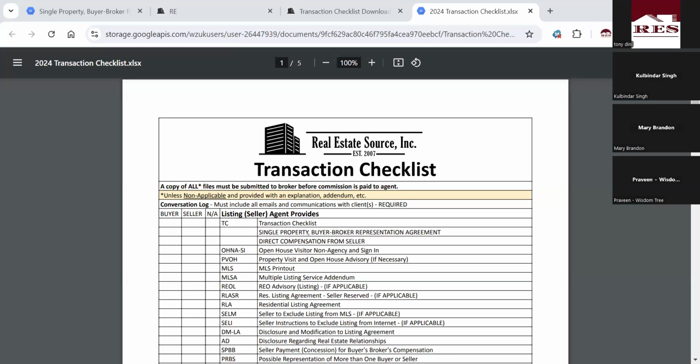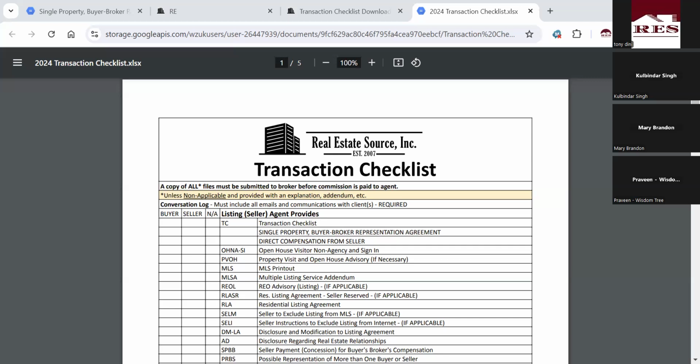So that's one way. Show them the SPBB. Let them know you're going to have this seller payment to broker included in every single offer, and it will show this. So let them know that. That way they'll understand that, hey, there is a support. Knowing all of their options makes signing this document much, much, much easier. And let them know